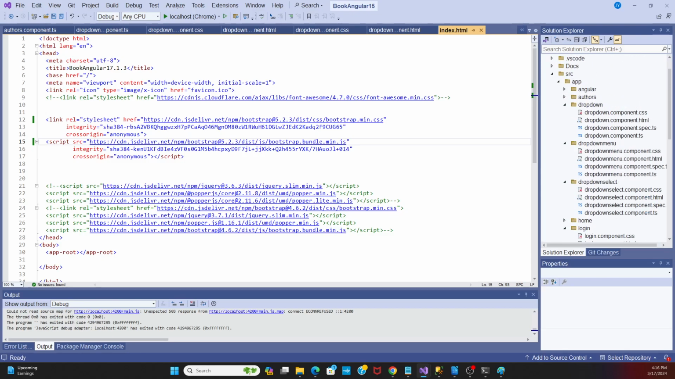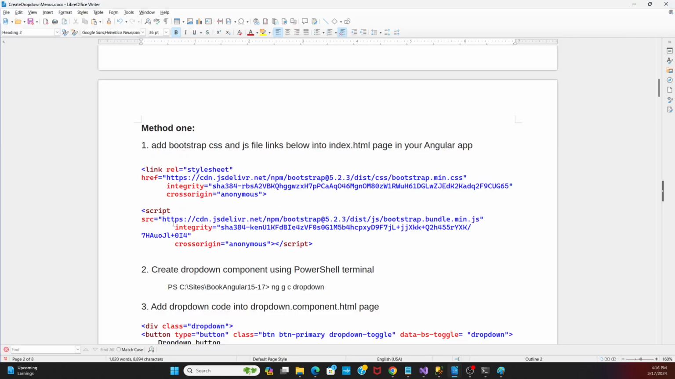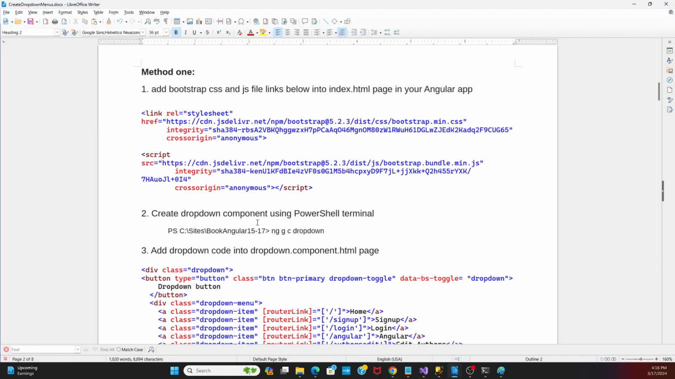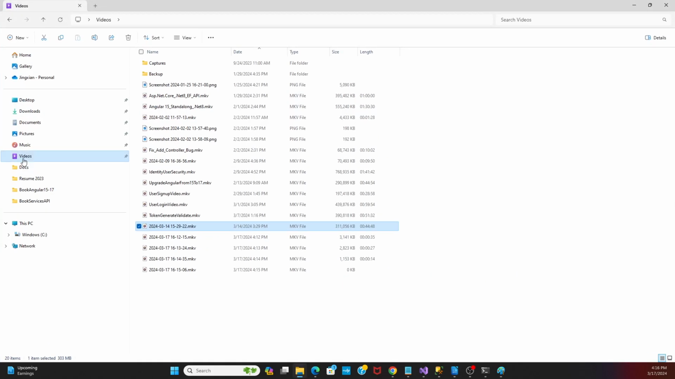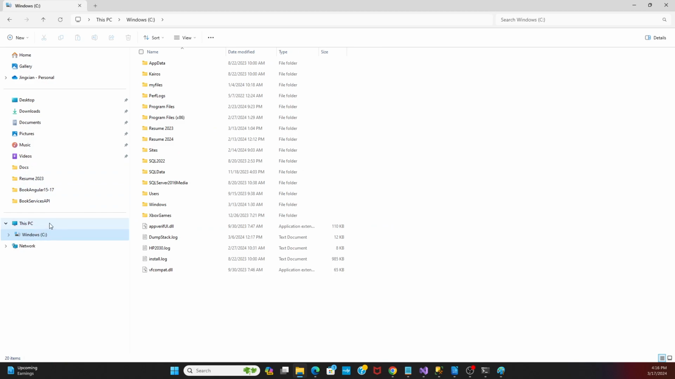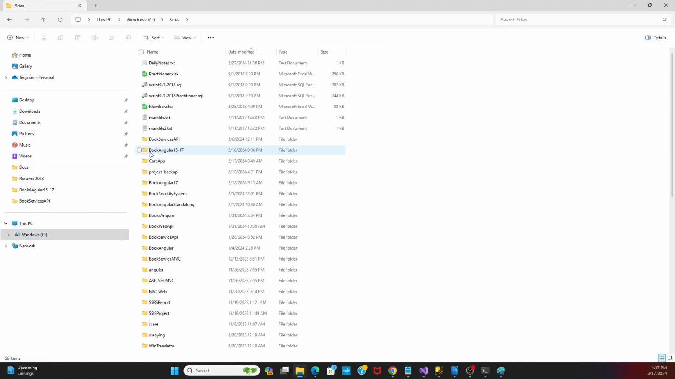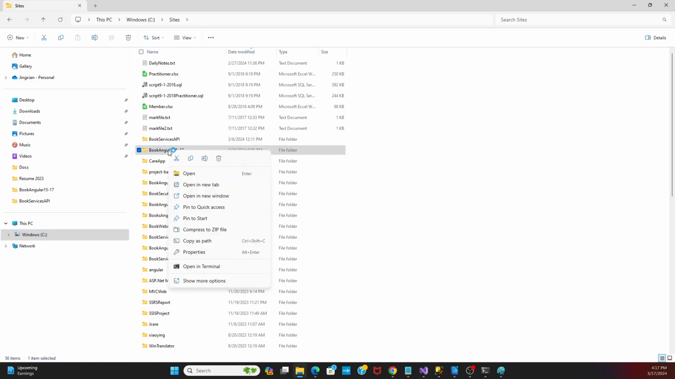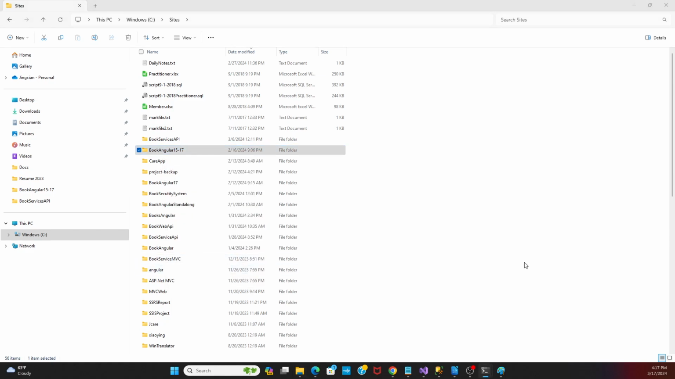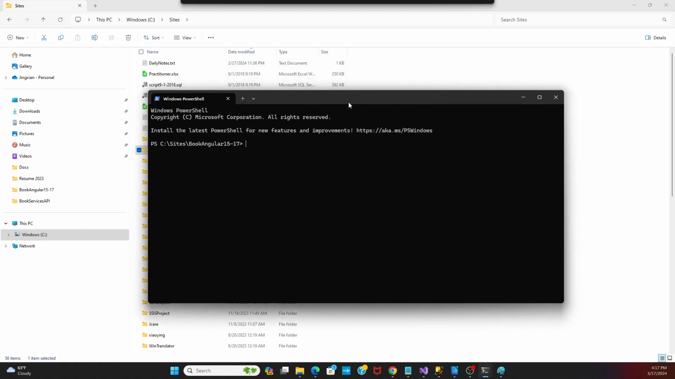Second, we need to create a drop-down menu using the PowerShell terminal. Let me show you how to do that. In here, this is my Bootstrap location. I right-click this folder, then click Open in Terminal. Then in here, I just type ng generate